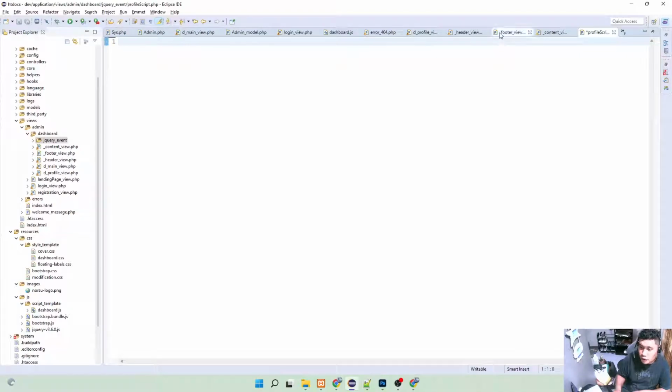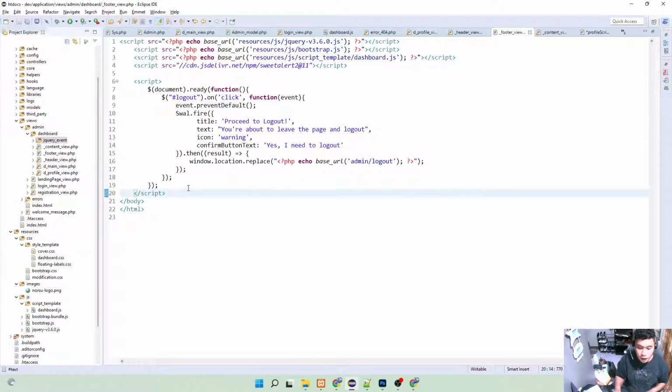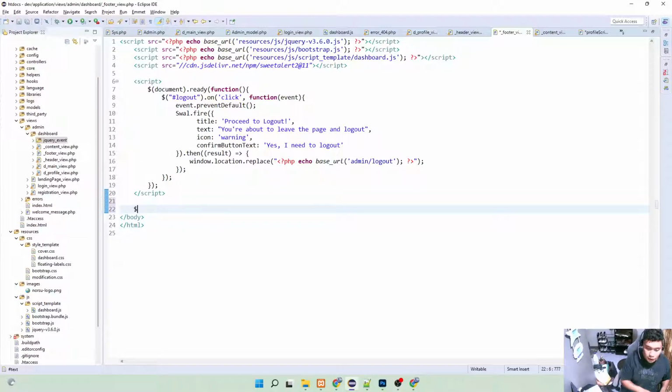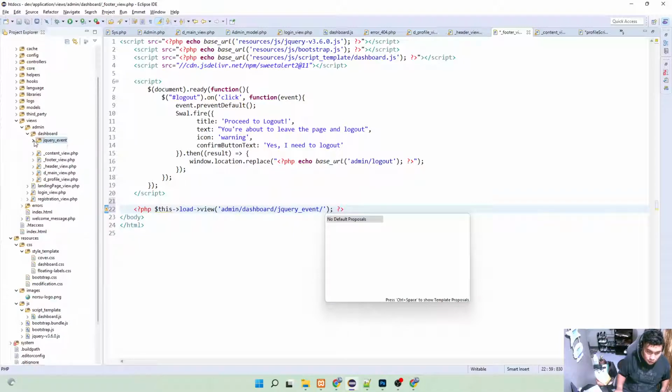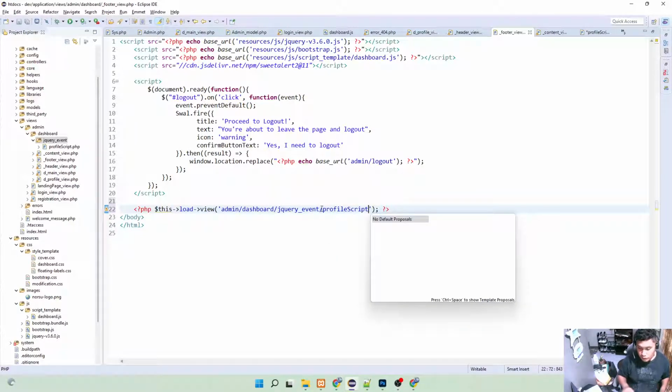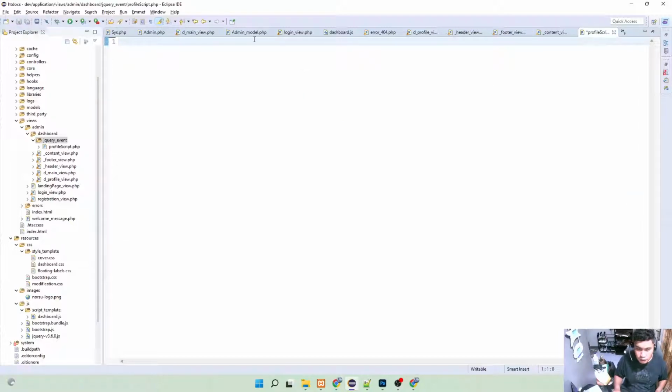Now all we need to do is go to the footer, and we can load the view. We need to have a PHP load view, and we load the view inside the admin dashboard and jQuery underscore event, and we load what that file is. The file is profile script. So that file, so we can just add a file here, a profile script, and use